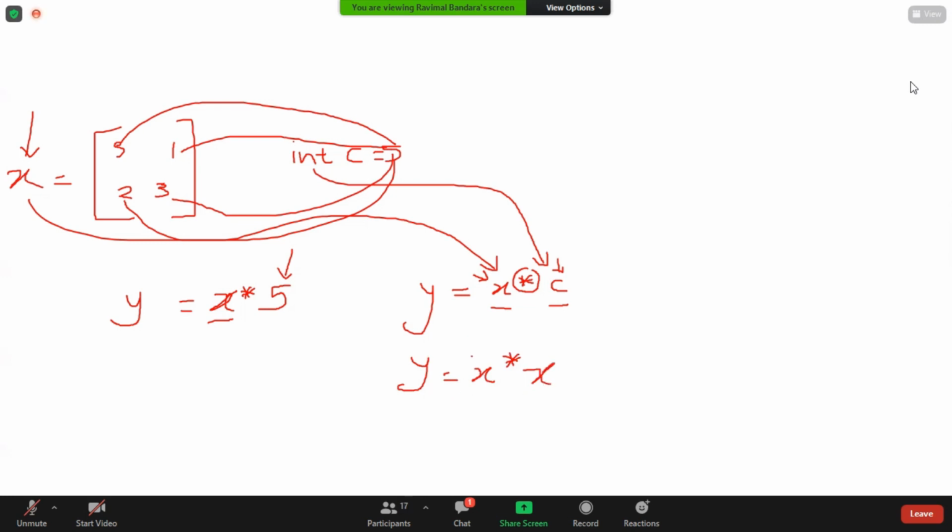Now here, this is a user-defined type object, and this one is also a user-defined type object. In this special case you are getting the same object.